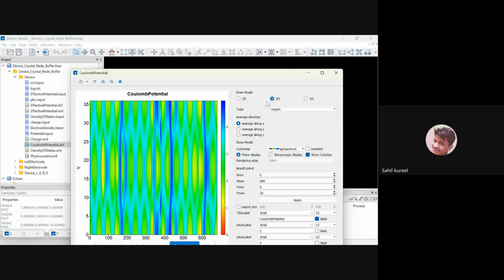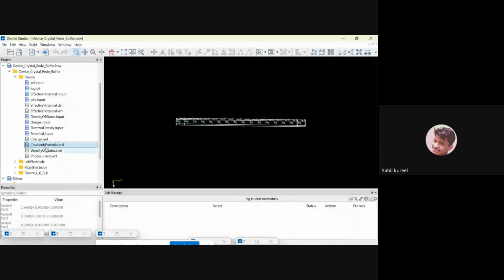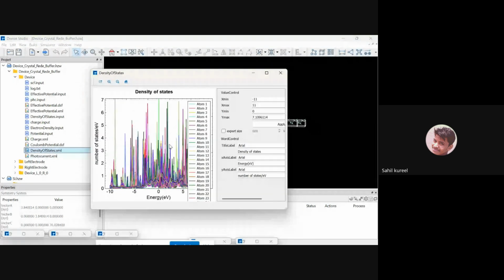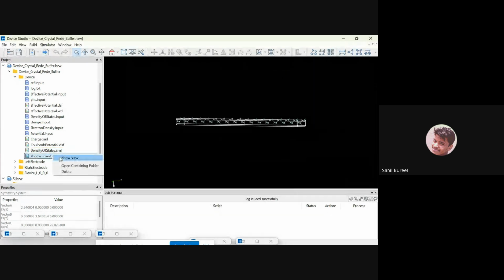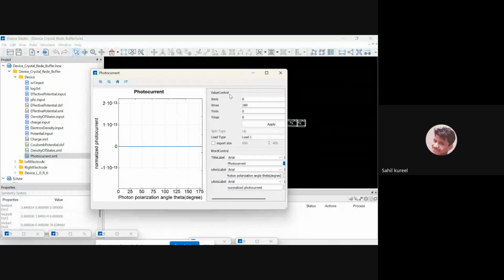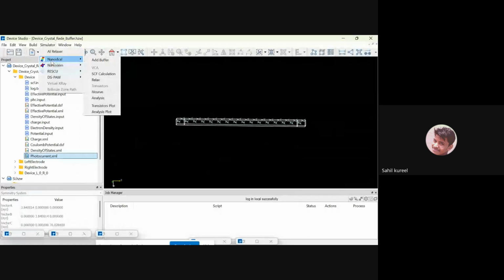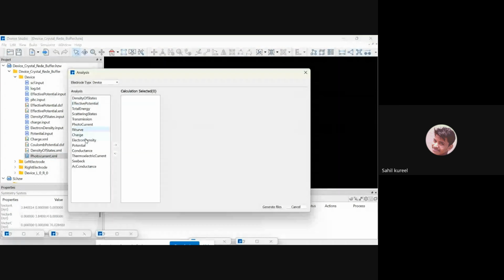Coulomb potential, density of states. Like you can see. You can see the photocurrent. We have not chosen any value or anything. You can see the photocurrent tab, nano decay, analysis. AC conductance, thermoconductor,